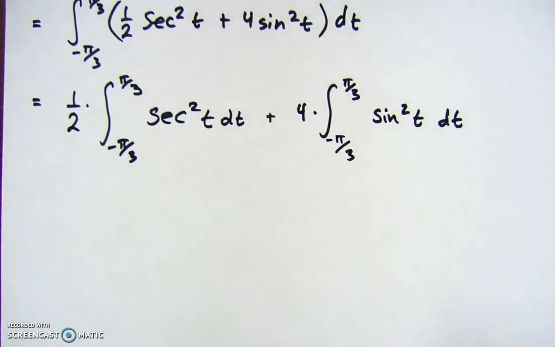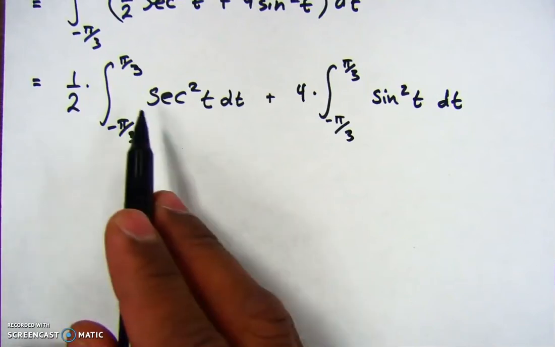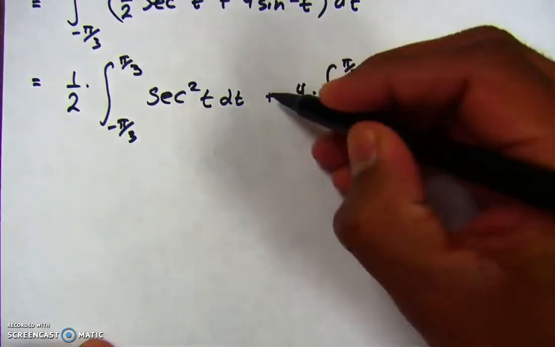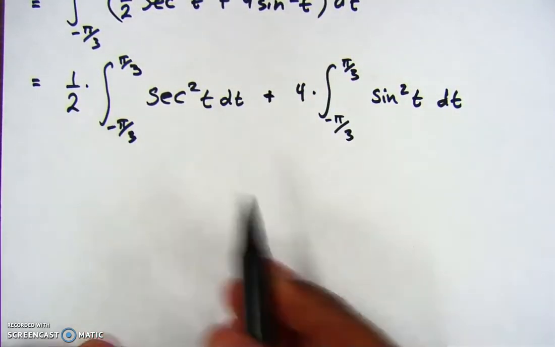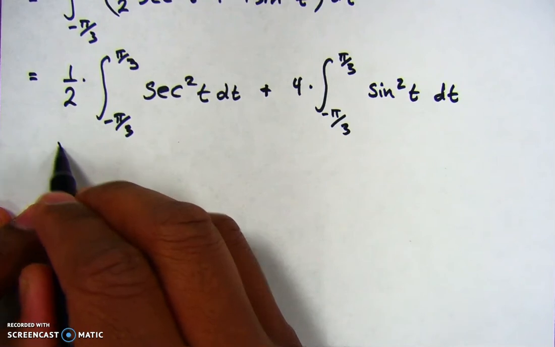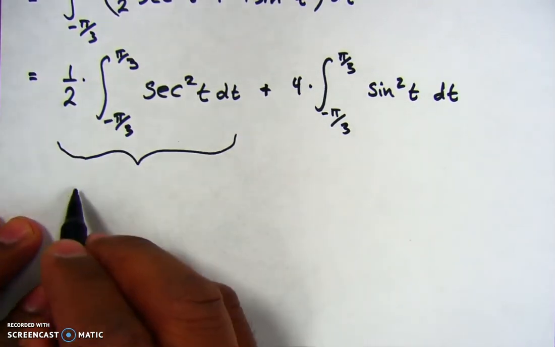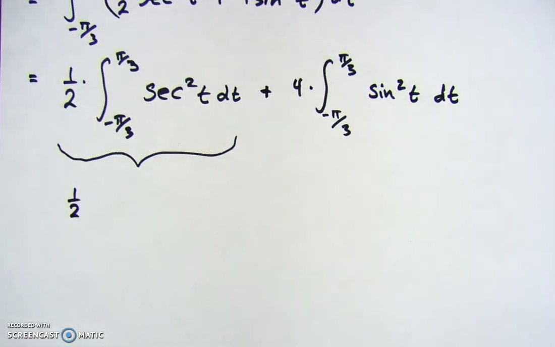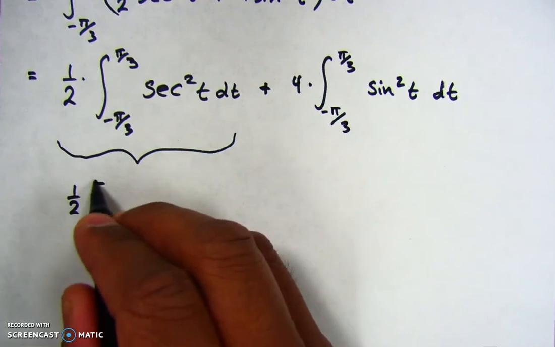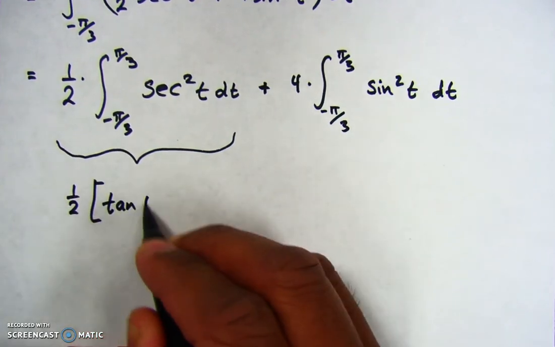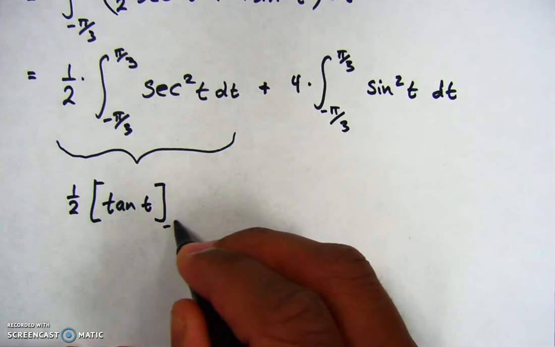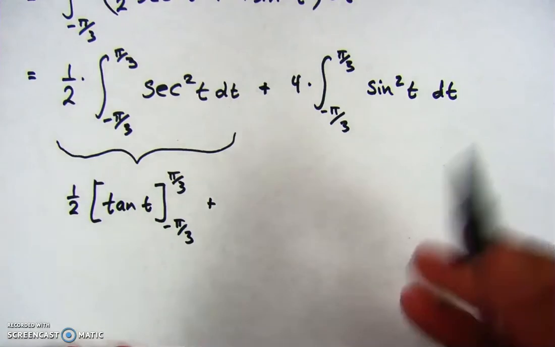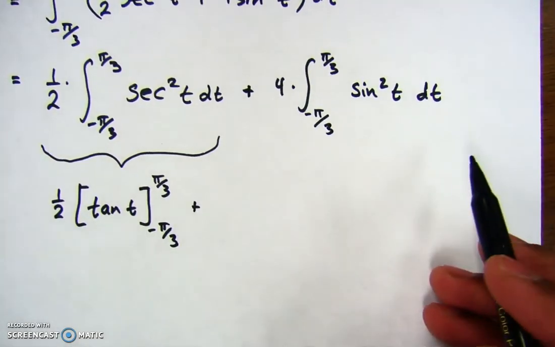Okay, so hopefully this left part, in this somewhat binomial looking thing, because it's attached with a plus, the first part is easy to integrate. It's just 1/2, and then integrating secant squared t is just tangent from -pi/3 to +pi/3, plus. Now this left part, we're going to go ahead and use some of the same